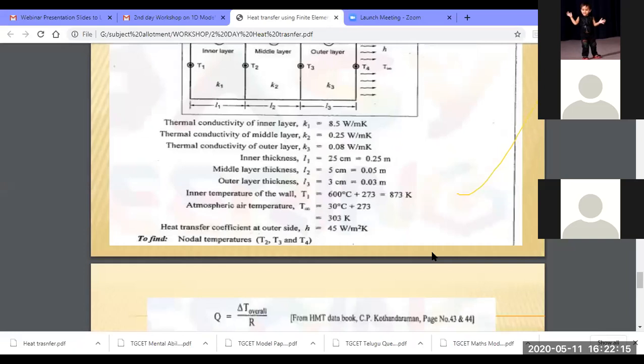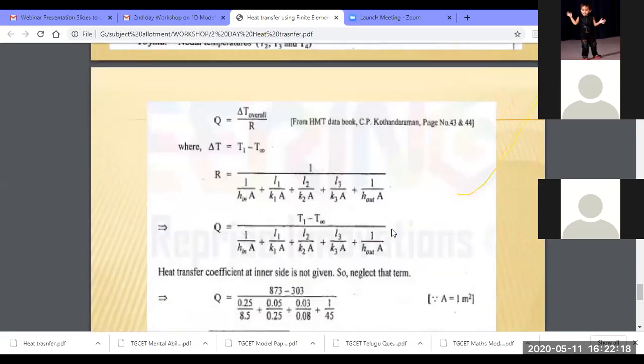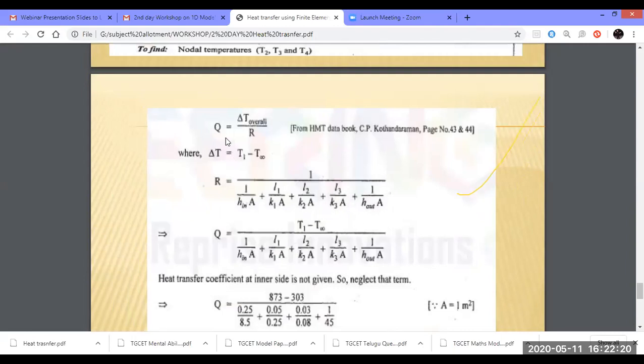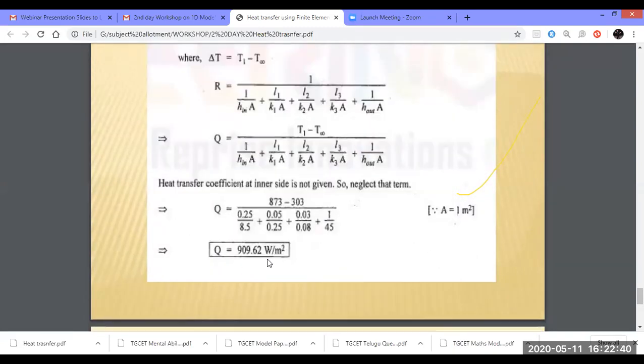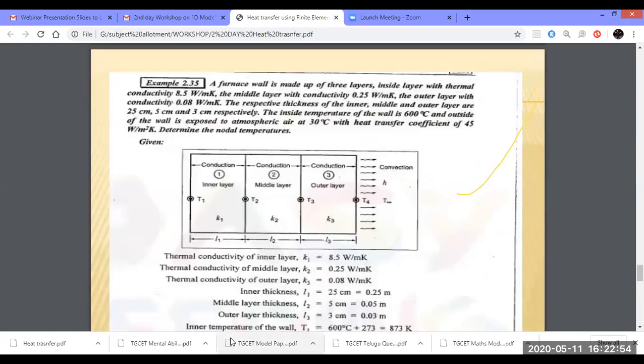Now these are all the input. Now theoretically how are we going to calculate? As per Fourier's law of heat conduction, heat is directly proportional to change in temperature. Heat is inversely proportional to thickness of the member. Here resistance R equal to L by KA only. As per the Fourier's law statement, they calculated like this. They got Q equal to 909.62, and meanwhile the T2 temperature value we calculated. We calculated this as a mathematical representation. Using this, we are going to see in ANSYS.